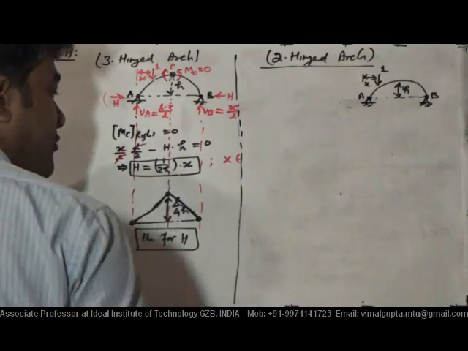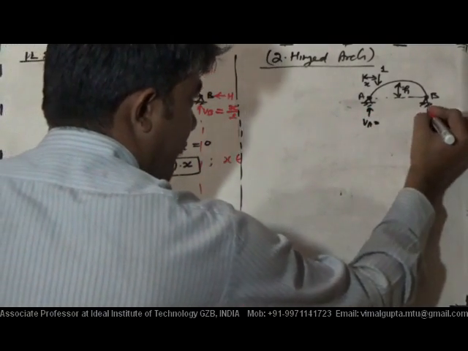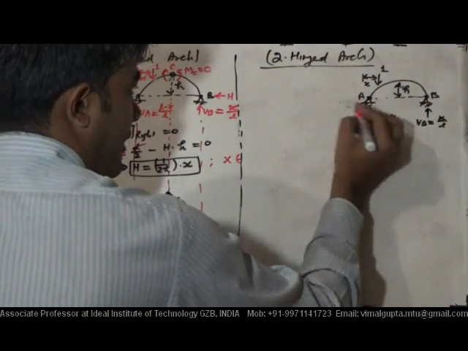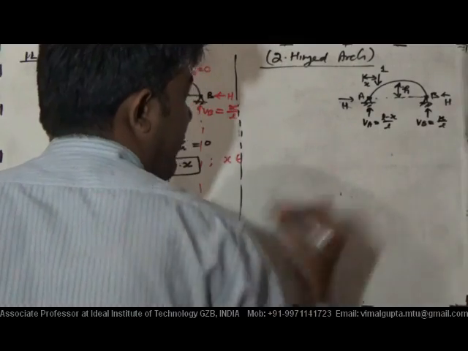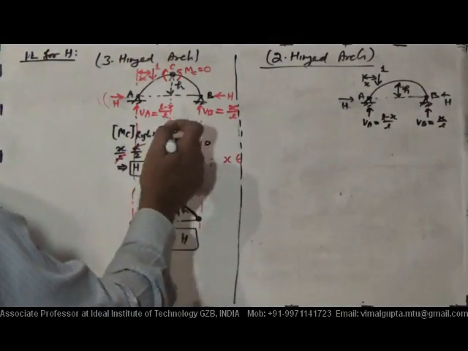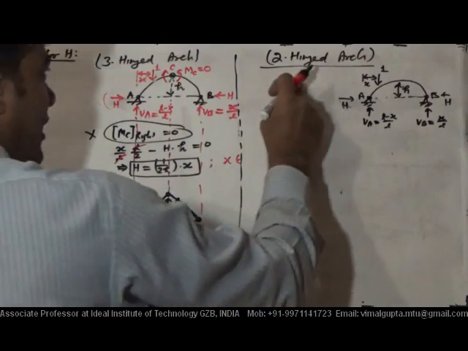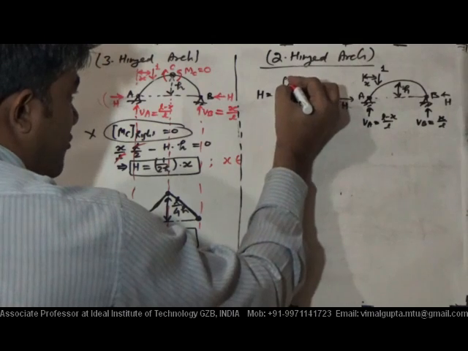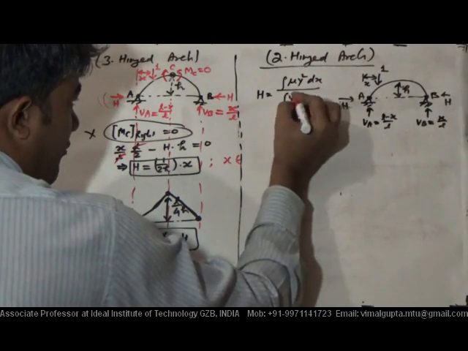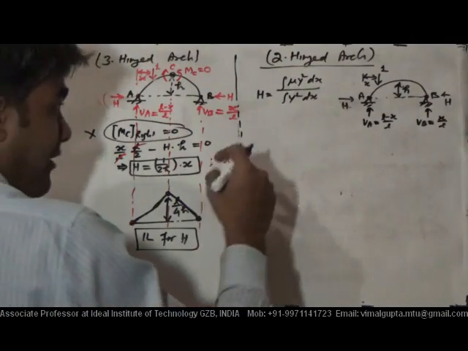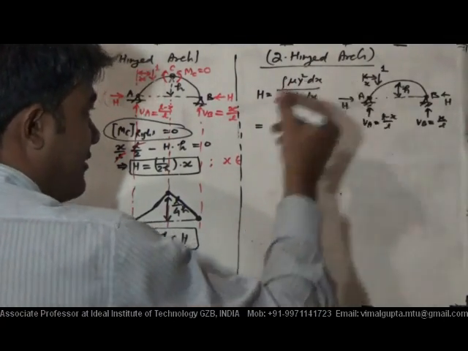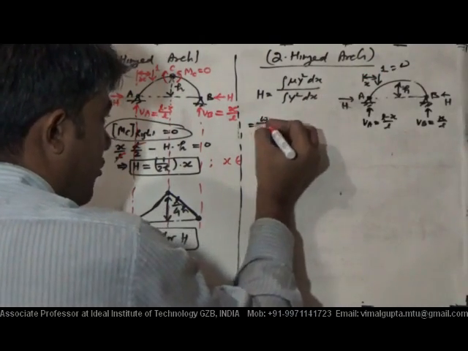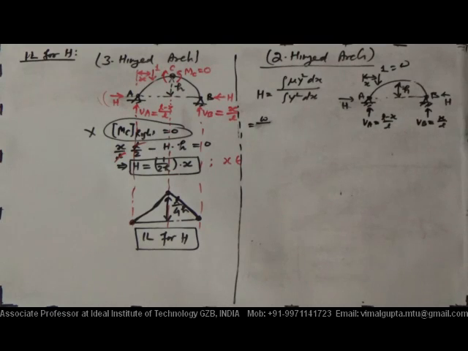If this is the situation, then the value of VA and the value of VB will be the same as here. It will be x by L, and L minus x by L. But for the value of H, since the moment at crown is not 0 like here, we cannot apply that equation for 2 hinge arch. Therefore we need the equation for H, and we know very well that H equals to integral of mu y dx divided by integral of y square dx. So I will not go into detail how these are calculated. I will use the direct result for H. For this case, the value of H, if it is W, then it is W by